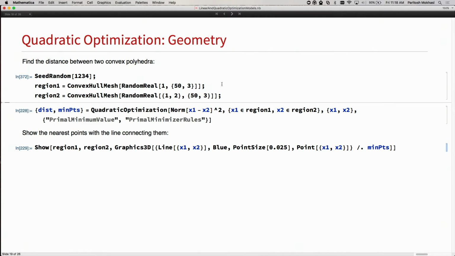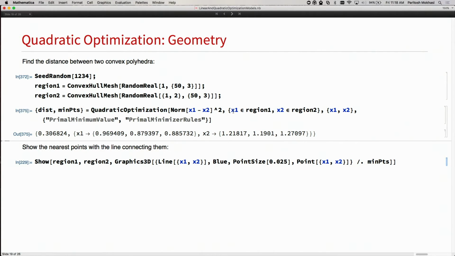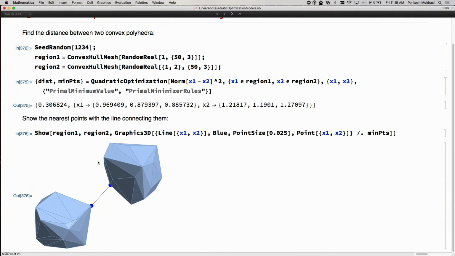All right. A second example is geometry. When you're talking about quadratic problems and norms, this idea of distance comes almost naturally in these kinds of formulations. So in this example, I have two regions, two polyhedra, and I want to find the minimum distance between those two polyhedra. So x1 is a point that is in region 1, x2 is a point that belongs to region 2. I want to find the minimum distance between those two, and that's